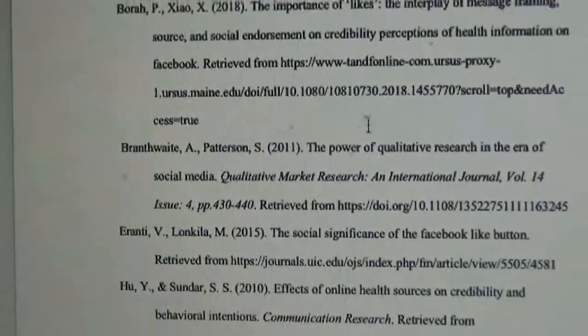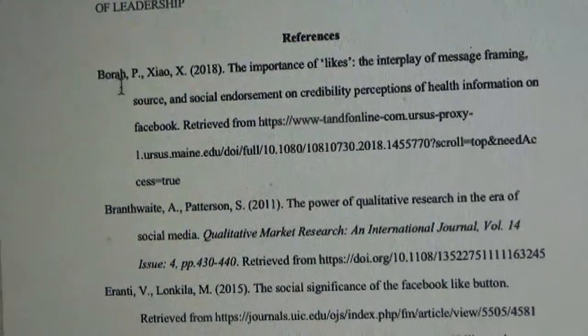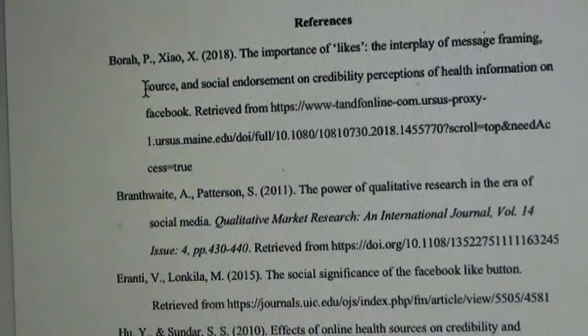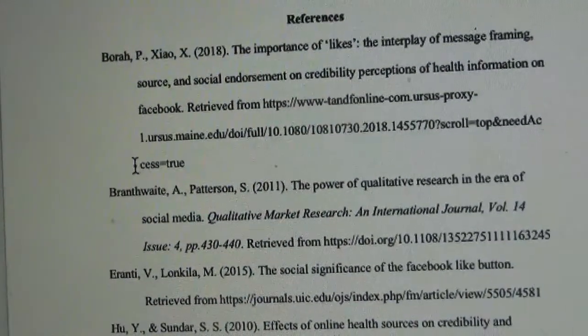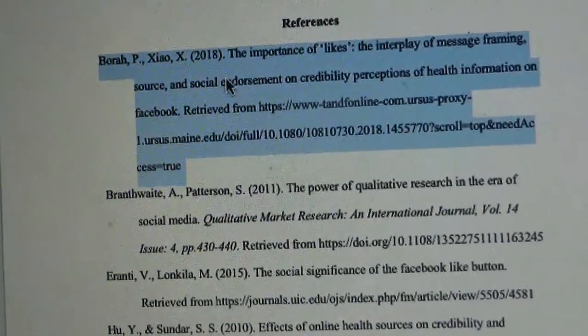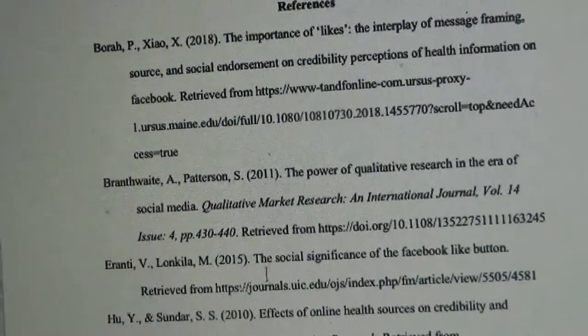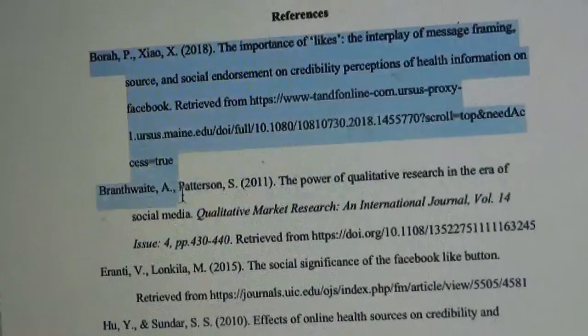So what you want to make sure is that centered bold here. Then you want to have a hanging indent. You want double spaced between each. And you want to make sure they look like this. Each one has this look to it. Now if they don't, if they're all messed up or if there's spaces or whatever, what you can do is you can take it all